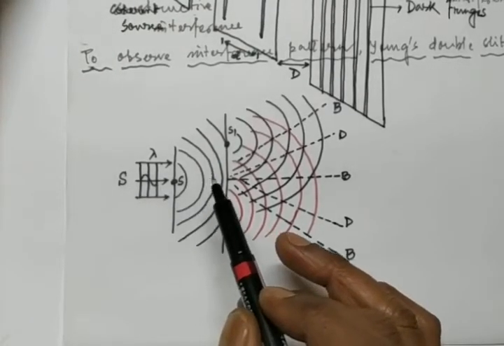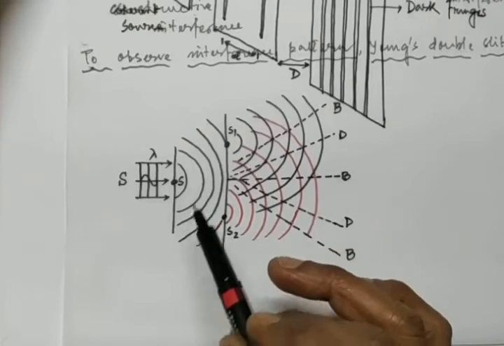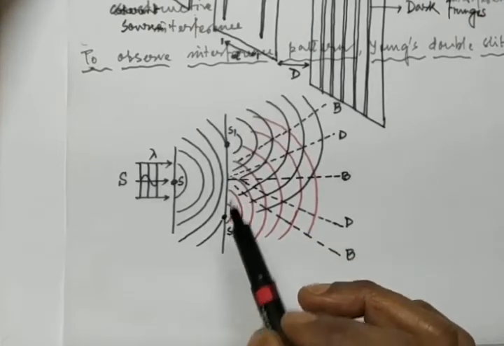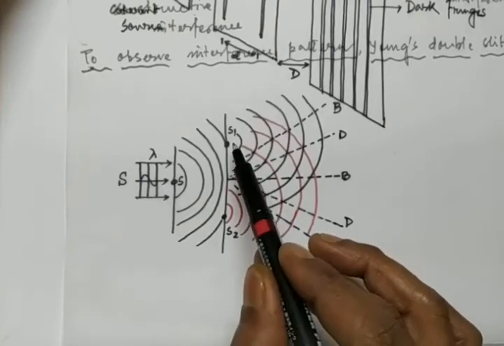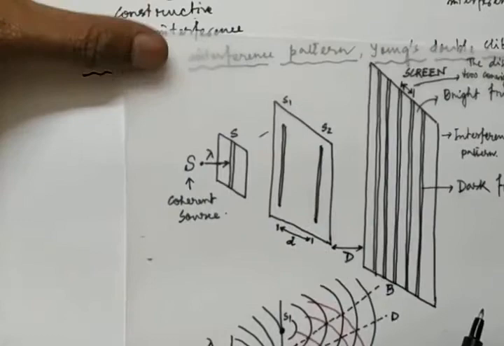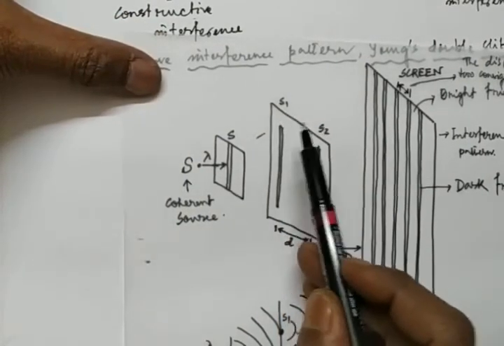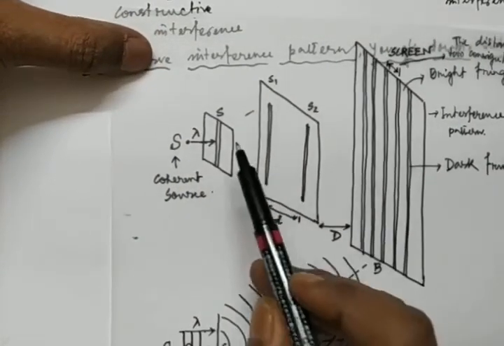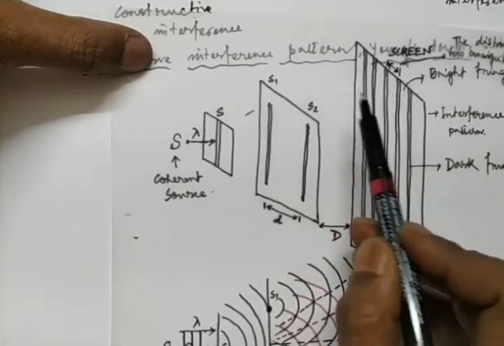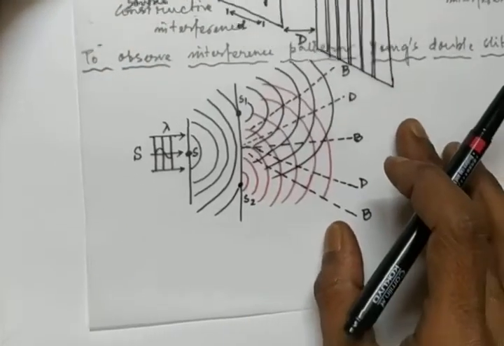These are secondary wave fronts. And here there are another two narrow slits. See, I have written S1 and S2. So where is S1 and S2? S1 and S2. Okay. So the wave that came from here fell inside this, and from this new waves will come out and fall here. So see how we draw those waves.